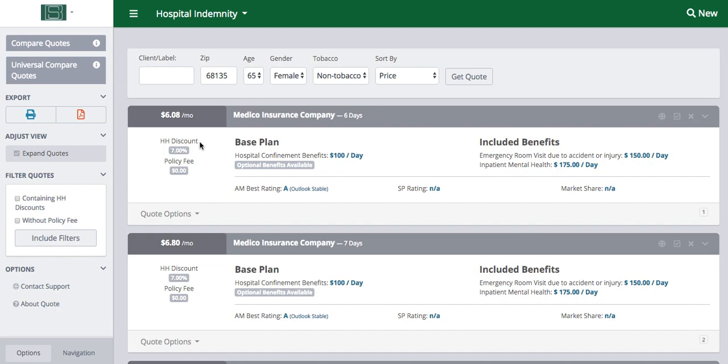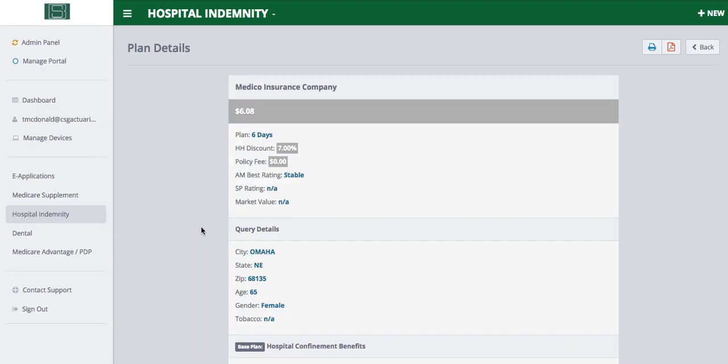listed by price. We can see our top plan here is $6.08 for Medico Insurance Company, the 6 days. Household discount was 7%. We see a policy fee if there is one, and we see all the other plan details and included benefits listed here. We can always go into quote options and click View Plan Details to see a more detailed display of these